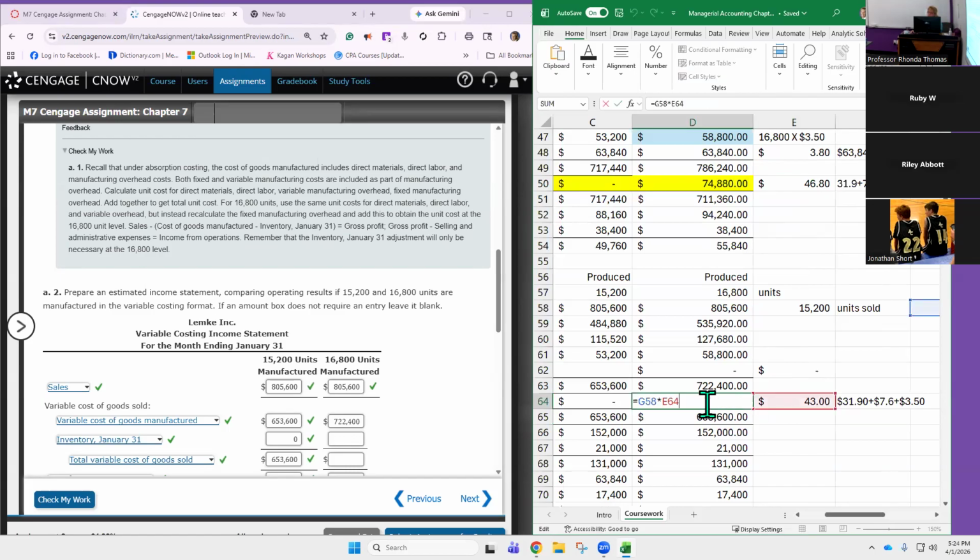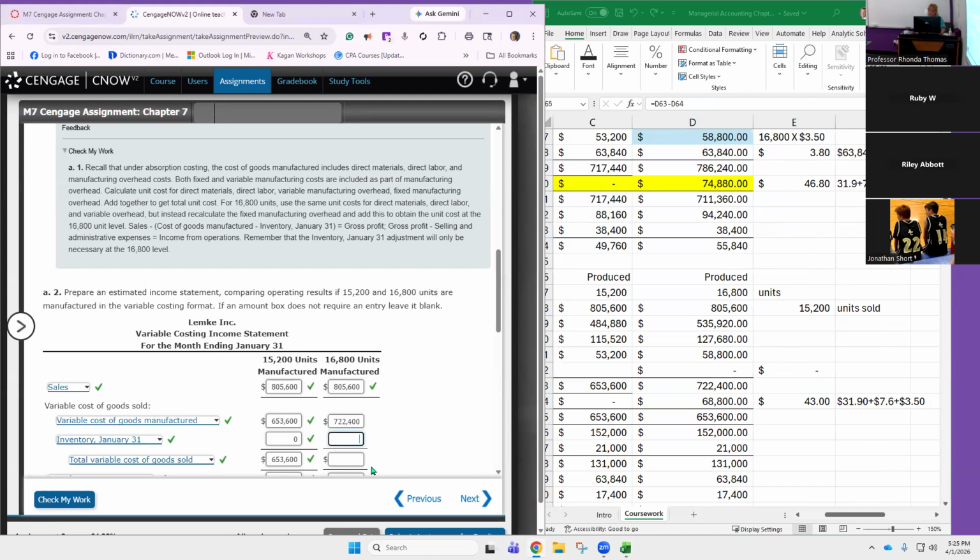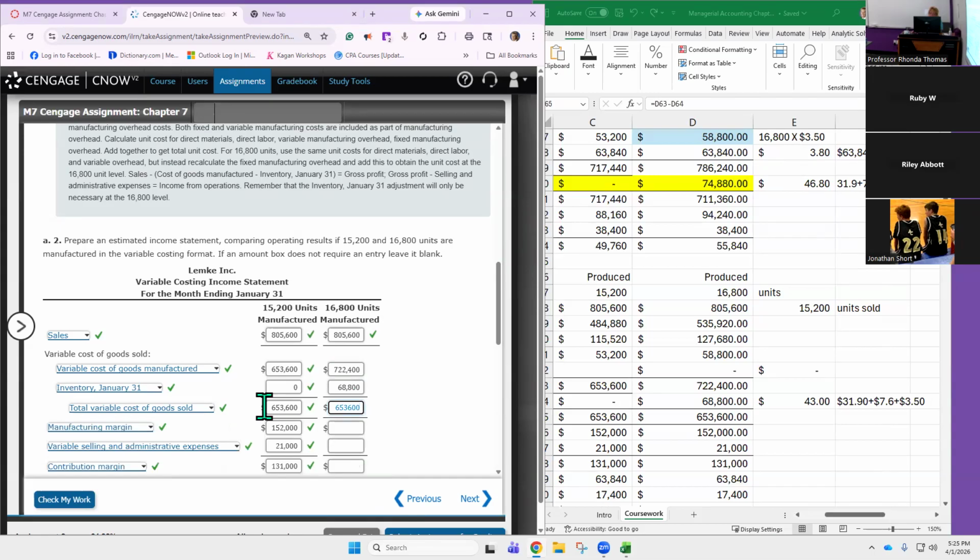We take that times 1,600 and we put that amount in, and we're going to subtract that from the variable cost of goods manufactured, because we've got to take that out of there. So we're going to subtract this, and we're down to the same number. Look at this. We're down to the same number because we're just looking at variable costs up here, right? So our manufacturing margin is the same,